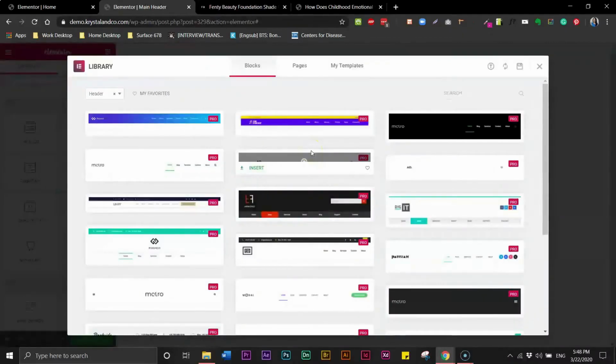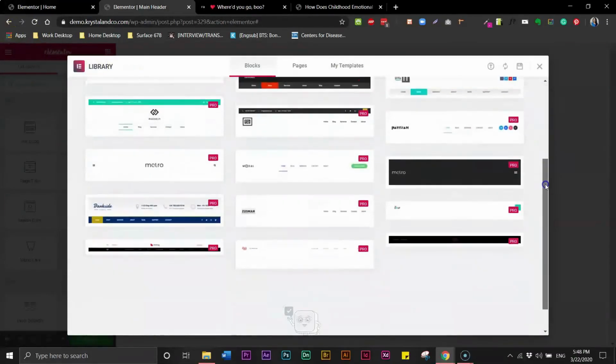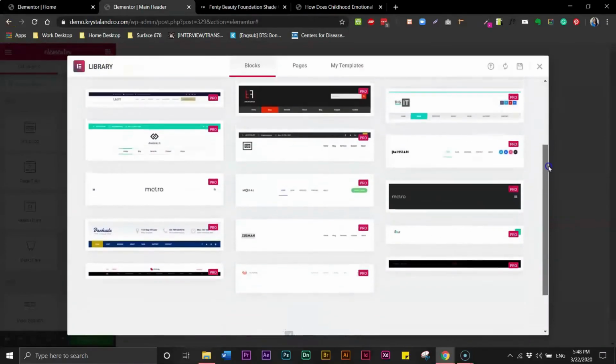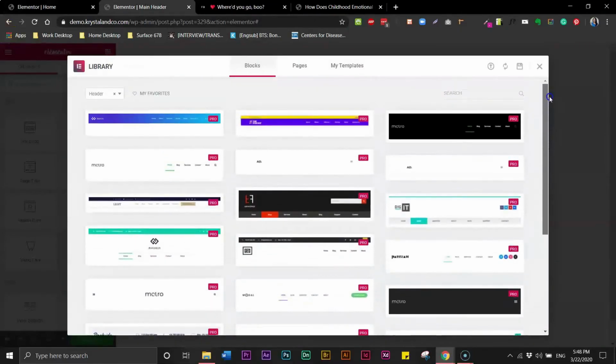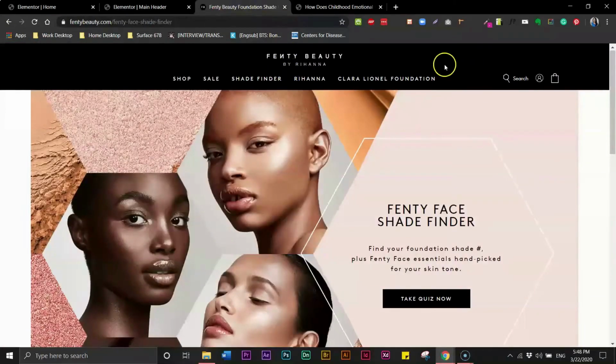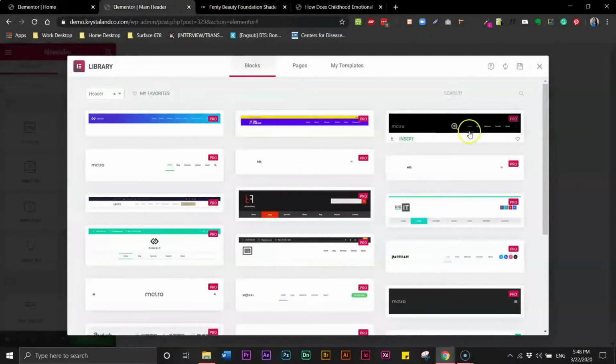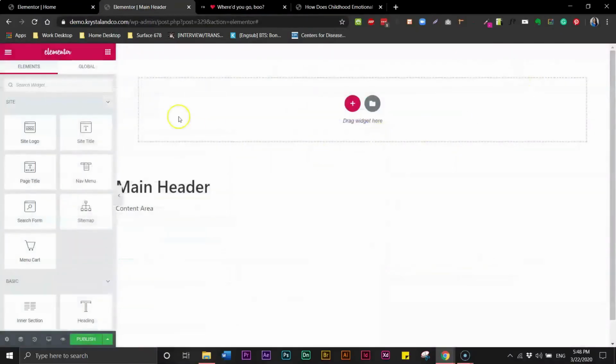Now Elementor will give you all kinds of different templates that you can start out with to help you design your header. And it's possible that we could use a few of these, but I think we're just going to start from scratch. I think that's just the easiest way to go about things personally. So I'm going to skip this, click the X, and we're just going to draw out this new header from